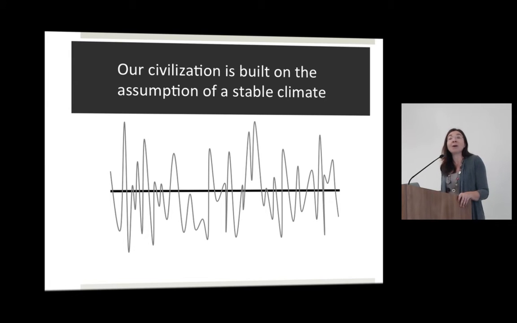It was true until when? Until the Industrial Revolution. That was when, instead of producing a small amount of carbon dioxide and methane from agriculture, we started to produce a huge amount from burning fossil fuels. And that is when the wheels started to fall off the bus. Today, climate is no longer stable.